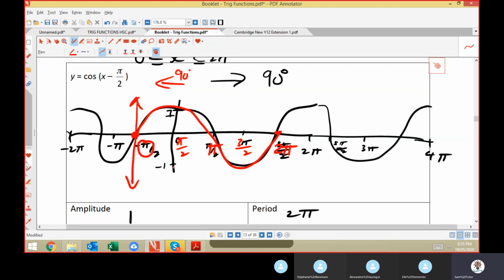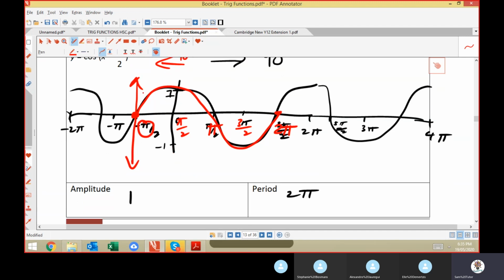Move this, if you want, why not? Now you know the shape, you know how it looks. If you really want to, go ahead. There's 0 and start. There's 2 pi, there's pi. No one's going to stop you. There's 1, there's -1, whatever. If you didn't want to do that,